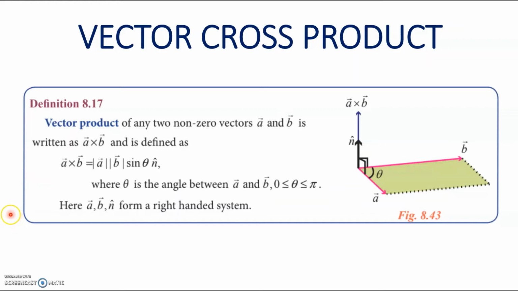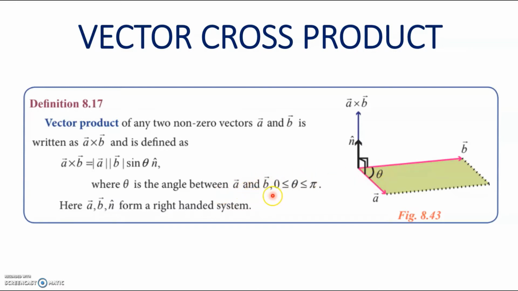Properties of vector cross product, that's the topic of this video. But before we go into that, let's just have a short introduction to what is vector cross product. So this vector product, which is vector cross product of any two non-zero vectors a and b, is written as a cross b and is defined as a cross b is equal to magnitude of a into magnitude of b into sine theta n cap, where theta is the angle between the two vectors a